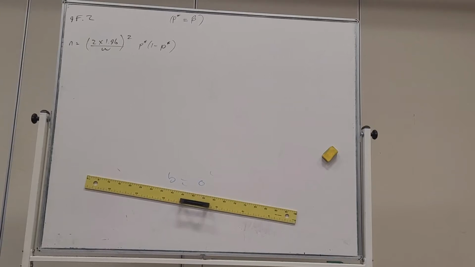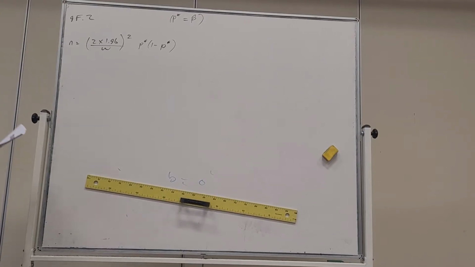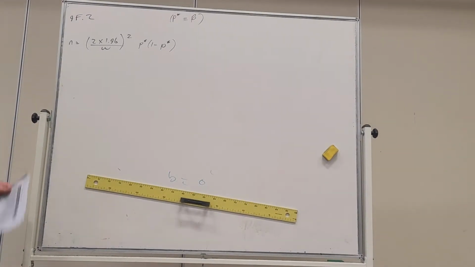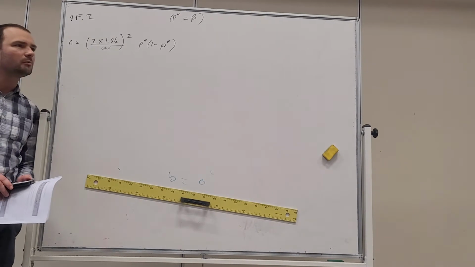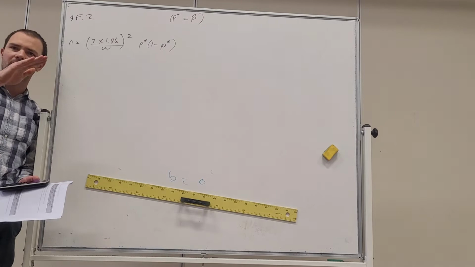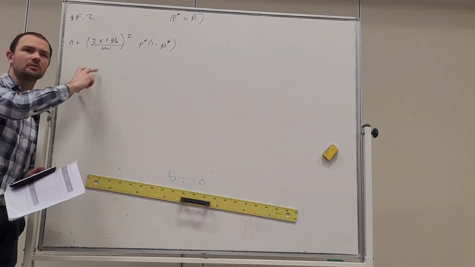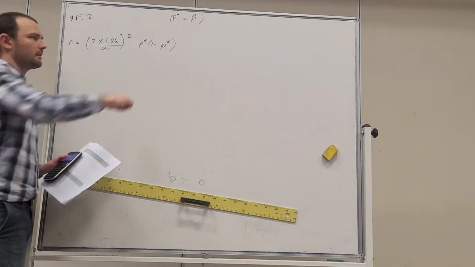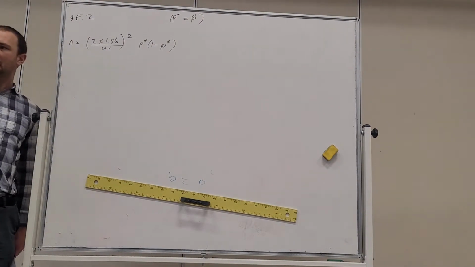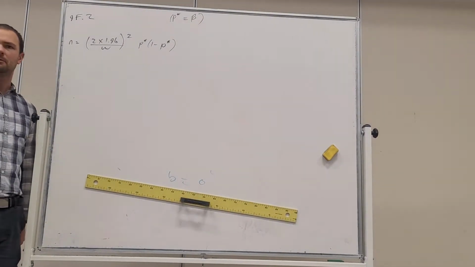Okay, 9F.2, 9F.3. So we have one question here from 9F.2. You'll notice this is very similar to what we were doing in ED when we're talking about confidence intervals for continuous random variables. We're repeating the same concepts but with discrete variables. So here today we're going to be finding how many people we need to sample to generate a confidence interval